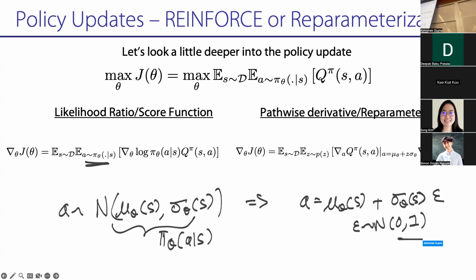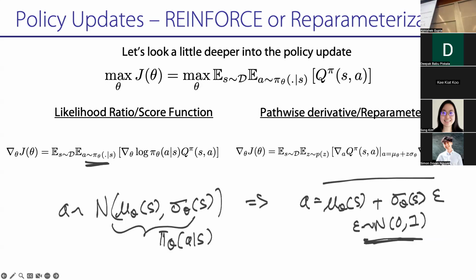So one way of thinking about it is, if I ever want to sample an action from a Gaussian, I can just take the mean and perturb it by the unit Gaussian scaled by the standard deviation, right? Whenever I have a Gaussian, and this is not true for all probability distributions, I can separate out the deterministic and the stochastic parts. And the nice thing is that the stochastic part doesn't depend on theta. The stochastic part is just a unit Gaussian. There's no dependence on theta. And this is a deterministic computation.